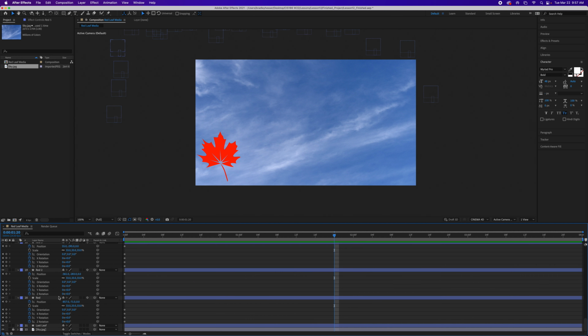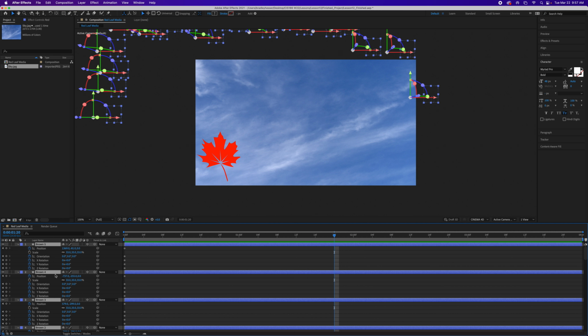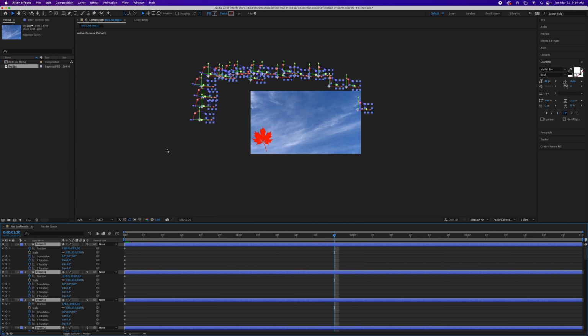So in my case, since I had to move a couple of them, I will need to come back in here and select my red, hold down Shift, and select the brown so that I go back in and reselect all of my layers. So we can see they are selected out here. And what we want to do is go in and make some changes to our X, Y,